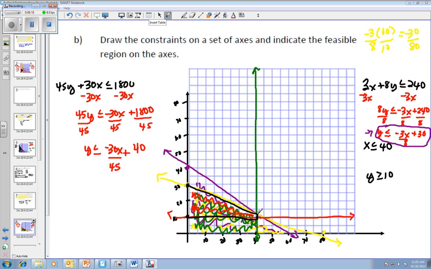Okay, so it's kind of hard to tell, but I actually have this line. I know it's hard to tell, but I actually have this point right here too. So I have a point right here, right here. Now, since this is to the left of these points right here, 0, 10, and 0, 30, these actually are not included because this shaded region could keep on going, okay? But since we're talking about things being produced, I just stopped right there, but we're not going to check those